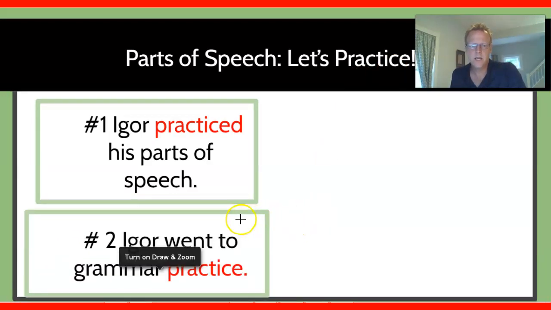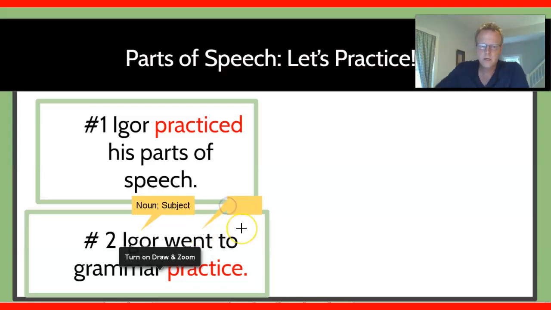All right, let's take a look at sentence number 2. Let's see if we can figure out what practice is, but let's look at everything else in this sentence. Igor went to grammar practice. So in this sentence, Igor is a noun. That's the part of speech it is. Of course, it's functioning as the subject in this sentence. The verb, both the verb and the function, is went. Okay? Igor went